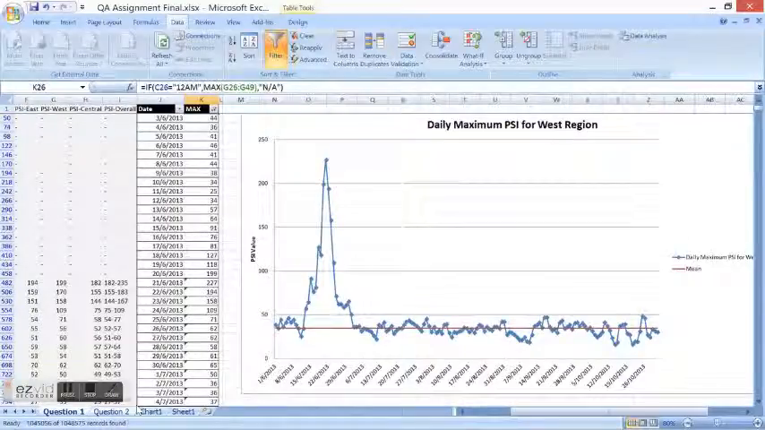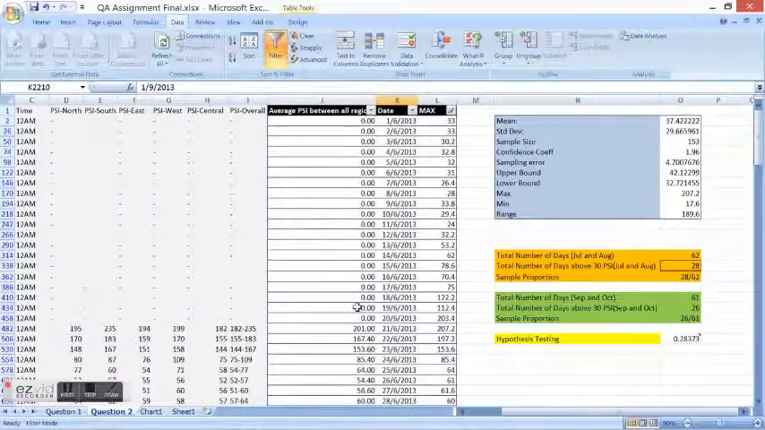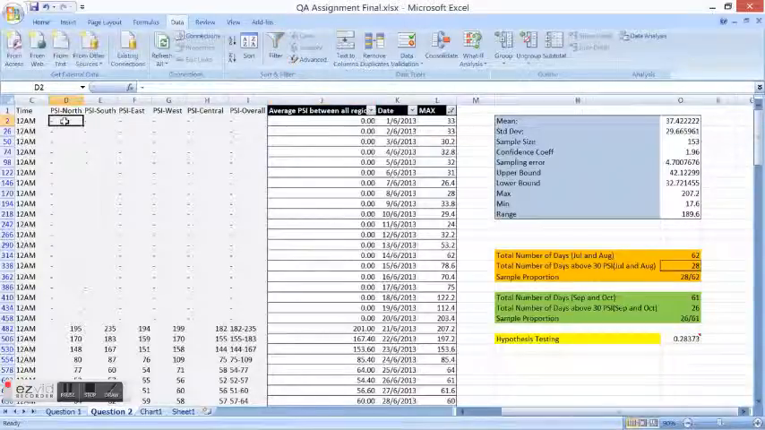Okay, now I will move on to question 2. For question 2, we are required to construct a 95% confidence interval of the mean PSI for the 5 months of June to October. For this question, I first find the average PSI between all regions. To find this, I use the if-else feature, which is given in Excel. I use IF D2, which is